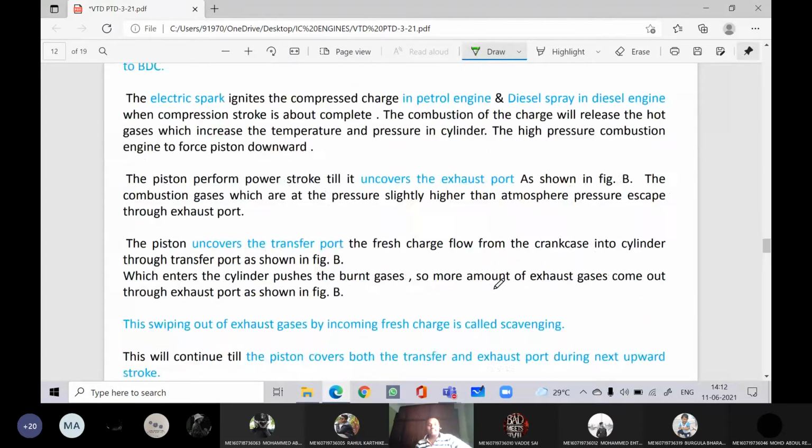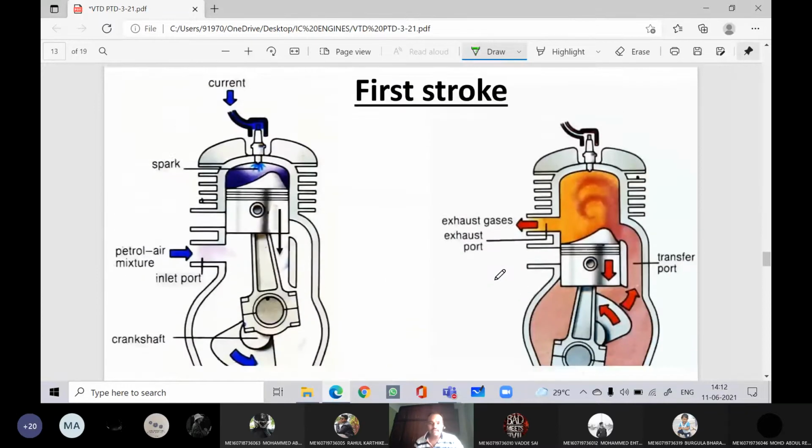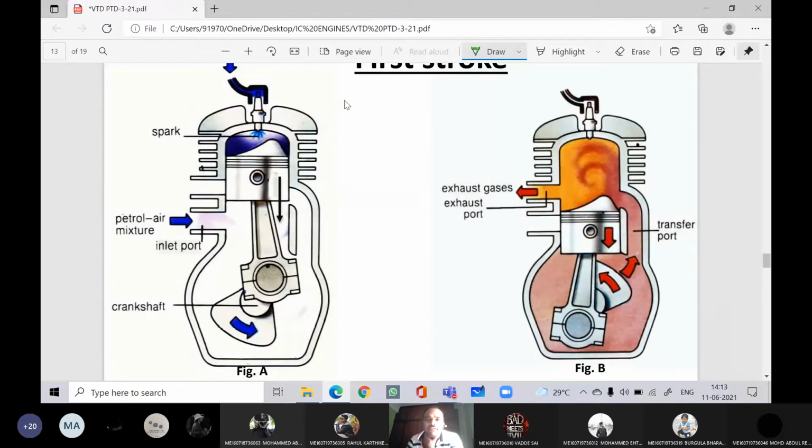Now, let me first come to the figure. Here we can see the basic difference between 4-stroke and 2-stroke: in a 4-stroke engine we call them valves, and in a 2-stroke engine we call them ports. The valve arrangements are replaced by ports in the case of a 2-stroke engine. A port is nothing but an opening in the side of the cylinder. No mechanism, nothing, it is just the opening, air passes. Now we can see over here.